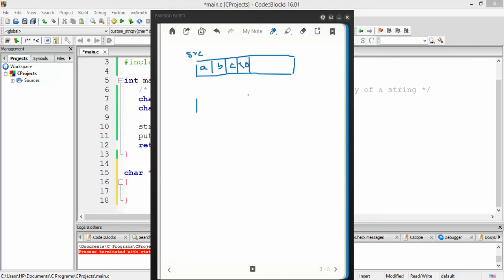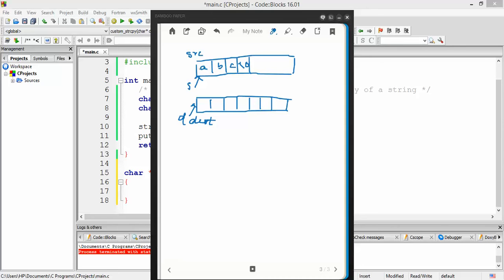Fine. So this is the source string, and let's say this is the destination array in which we want to create a copy of it. At the beginning we have an S pointer pointing to the first character of the source string and a D pointer pointing to the first location of the destination array.